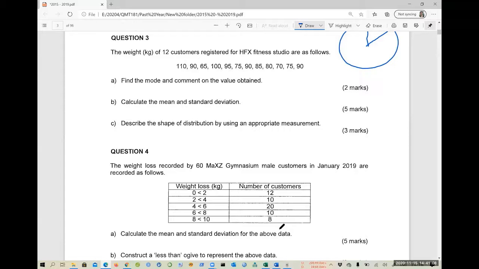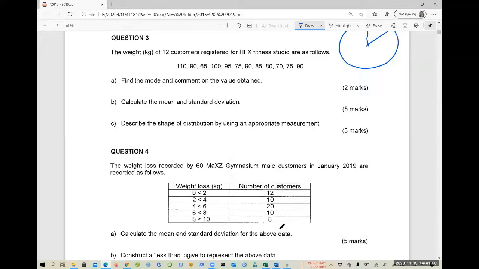So if you see here, it's good if you can rearrange everything in ascending order, so that you can see clearly whether there exists any mode. But if you didn't do that, it's also okay, because you are not going to find the median. Unless you want to find the median, then you have to arrange the data in proper order. Or if you want to find the quartile, you also need to arrange the data in proper order, from the lowest to the highest.